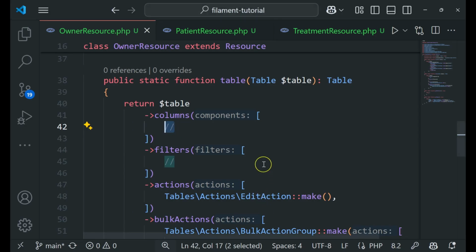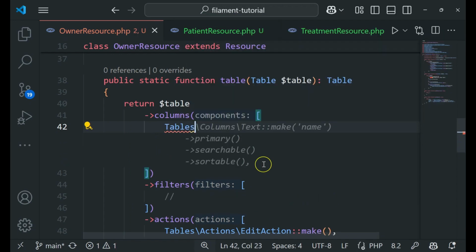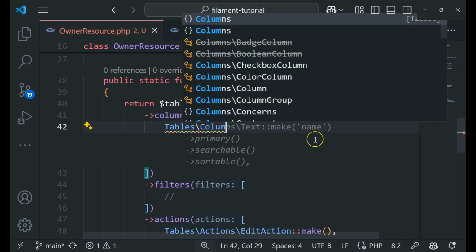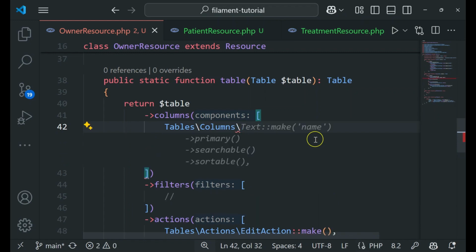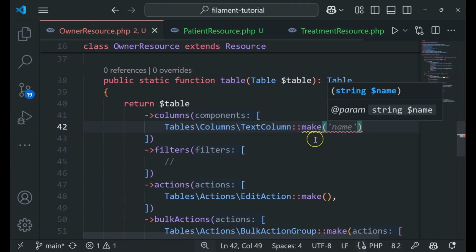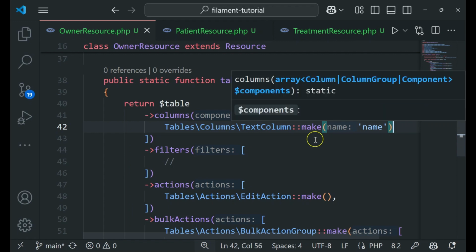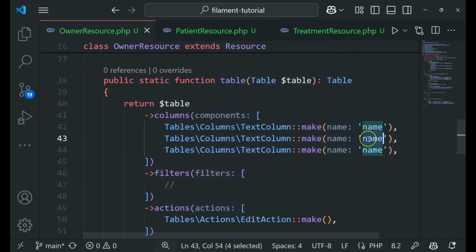So let's start by adding it here, the table, and then we are going to have the columns, and then we are going to have the name. So here we'll say, which will be text column, and then we'll say name, and in here we're going to have the name. Okay, then we're going to have the email